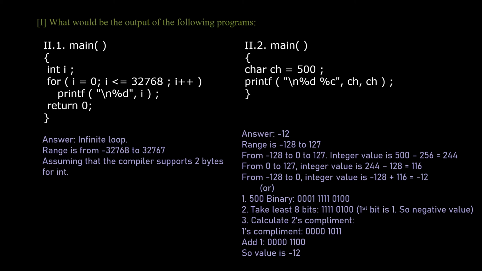2's complement is, first we do the 1's complement, which is negation of each bit. So this is the 1's complement, and do plus 1. So 1 plus 1 will be 0 and 1 will be carried forward, and again 1 plus 1 is 0 and 1 carried forward, and then 0 plus 1 is 1 and then next 1. So the output is 1100. Since the first bit was 1, though it is 12, it is going to print -12 because of the MSB being 1. Hope you understood how to calculate this.